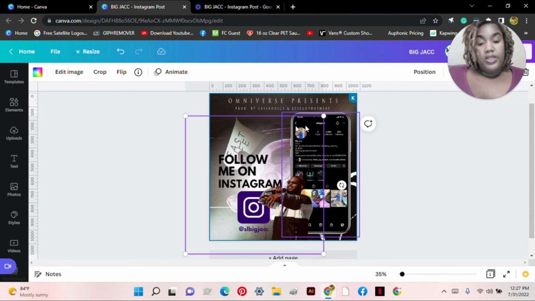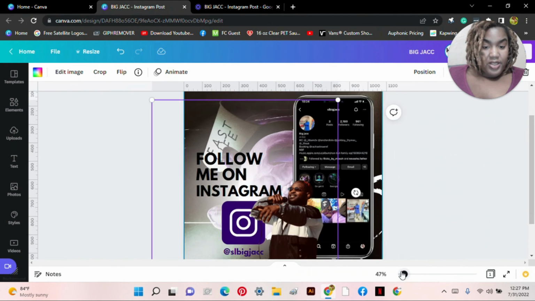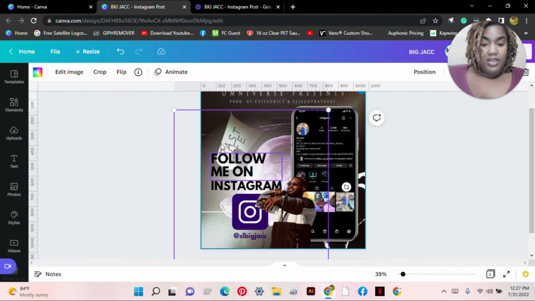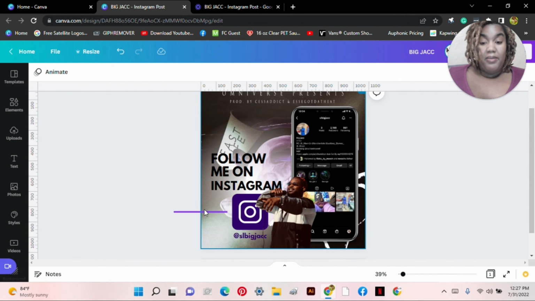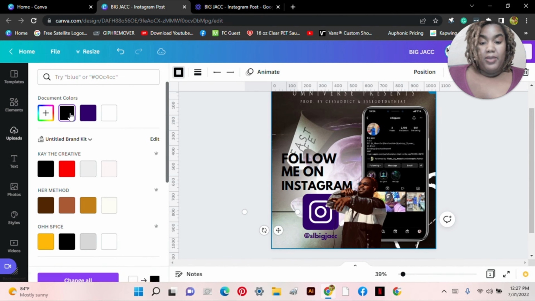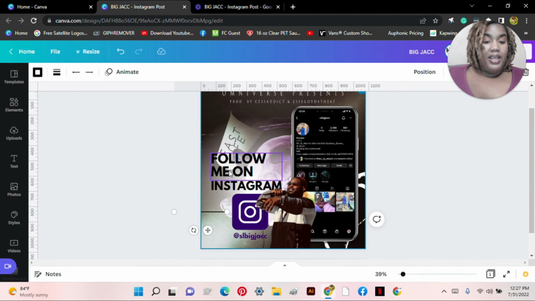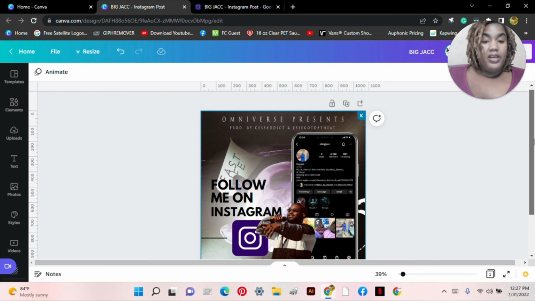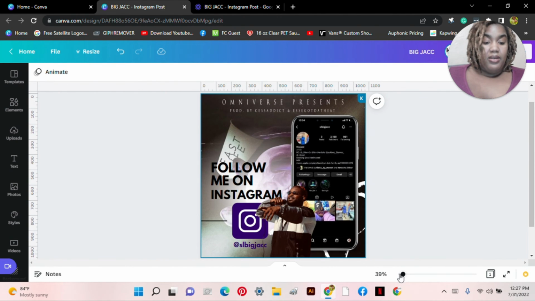And also with him being out in the sun when we took that picture, the light shines in that direction, so that makes it look even better. So now we're going to just change this white line to black, since now you can't really see that very well. But yeah, here is the final